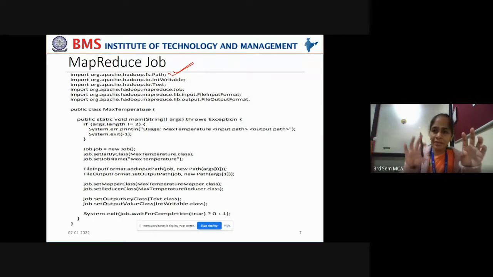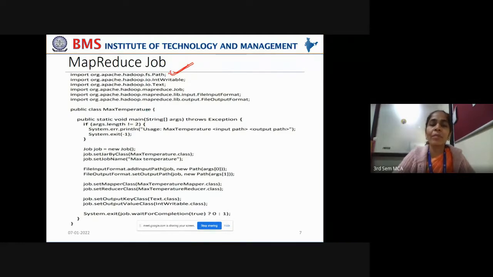Remember, the intermediate key value pairs of the map and reduce phases will not be saved in any file. But the output of the reduce phase has to be saved somewhere, because the client is interested in the final consolidated output. For that, you are taking this Path class, which belongs to the file system package in org.apache.hadoop, so you're importing org.apache.hadoop.fs.Path.